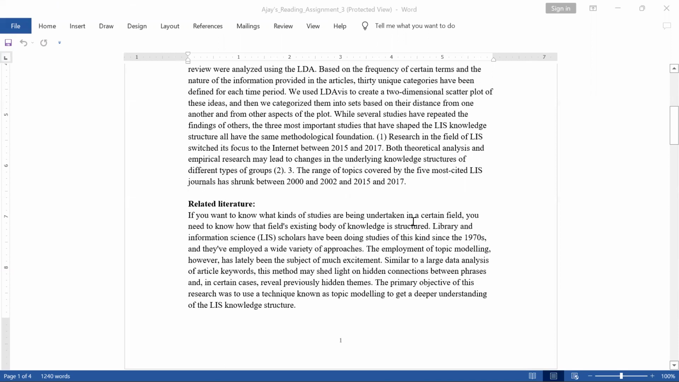And coming to the related literature, you want to know what kind of studies are being undertaken in a certain field. You need to know how the field's existing body of knowledge is structured. Library and information science scholars have been doing studies of this kind since the 1970s, and they employed a wide variety of approaches. The employment of topic modeling,